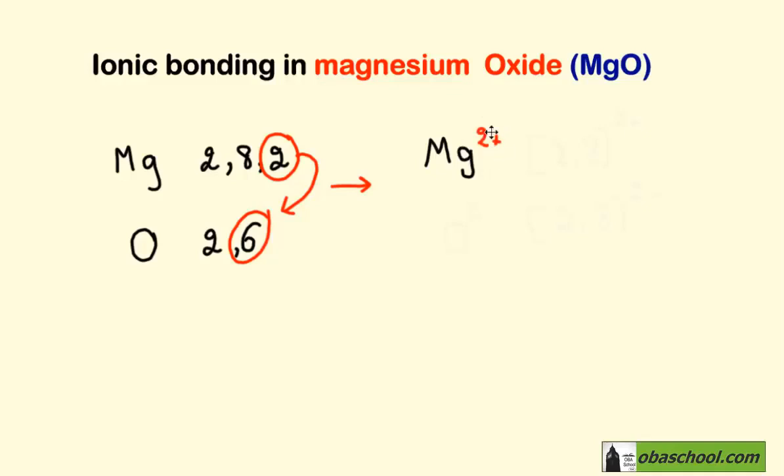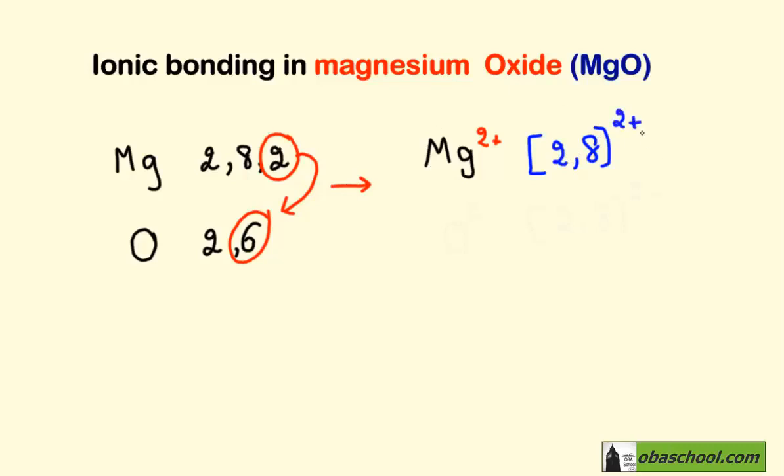Magnesium lost 2 electrons and became Mg2+. Why the positive charge? Because it lost electrons. And its electron configuration is 2, 8, with 8 electrons in the outer shell, and we express the charge as